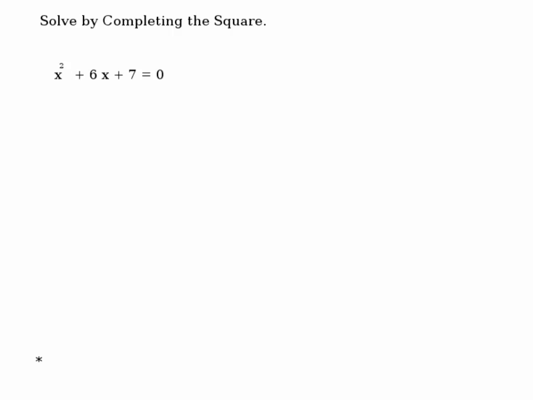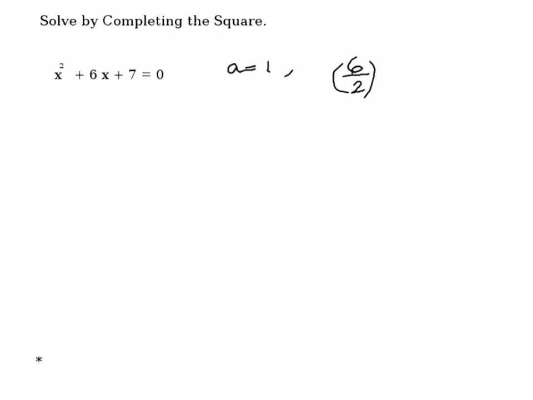Solve by completing the square. When you use this method, you want to make sure that the coefficient of x squared is 1. So if it's not 1, we need to divide each term by that number. In this case, a is equal to 1, so we can proceed. The method is to take the coefficient of b, which is 6, and divide it by